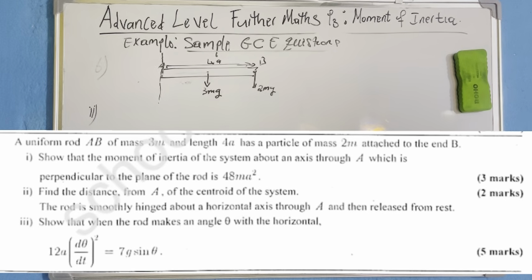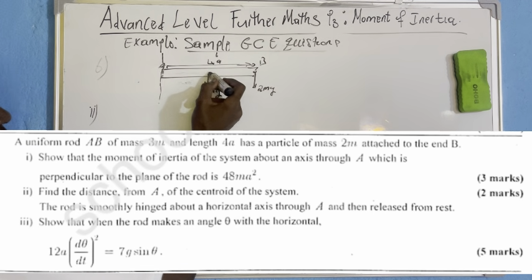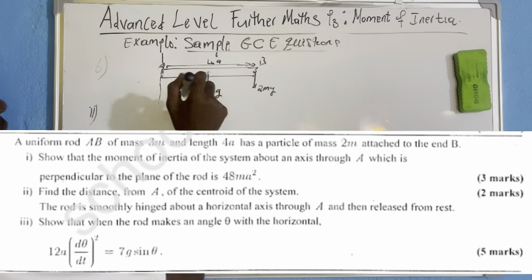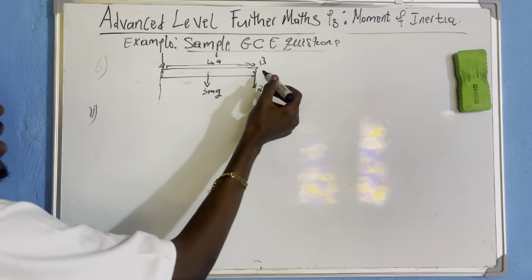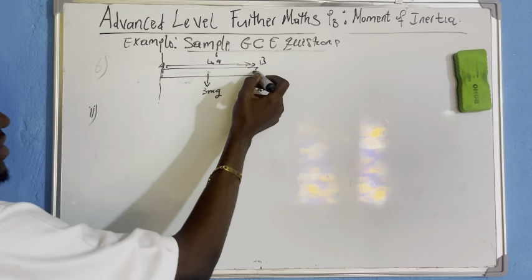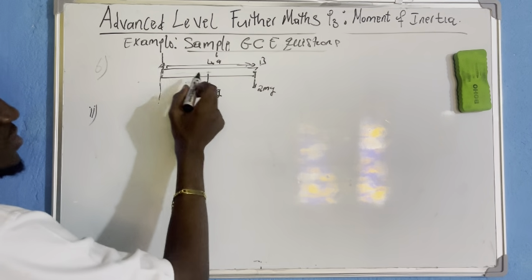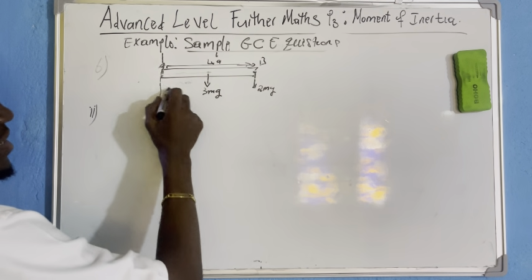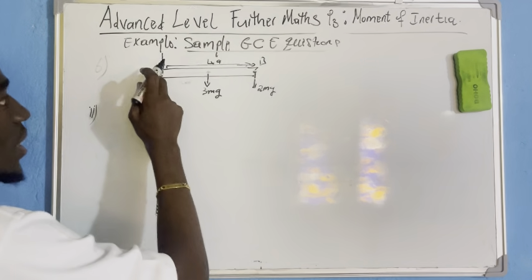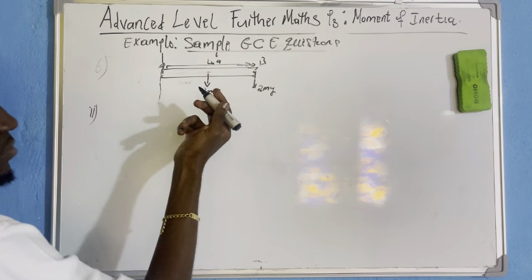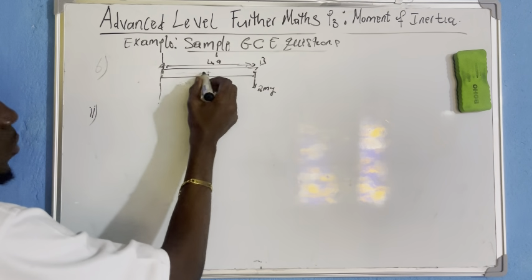Because how many masses am I having? I'm having 2 masses. I'm having this mass here, which is the mass of the root. I know already that the mass of the root is concentrated here, and the mass of the point mass is here. So the center of mass of this system about A will change. It will be somewhere between these 2.